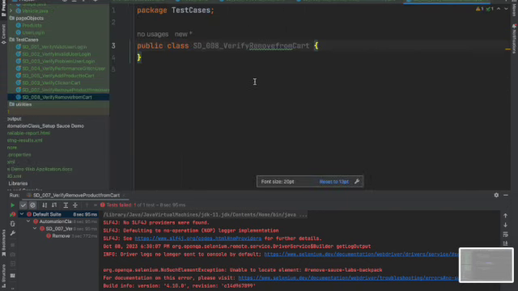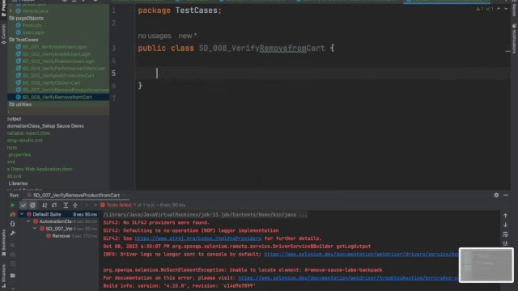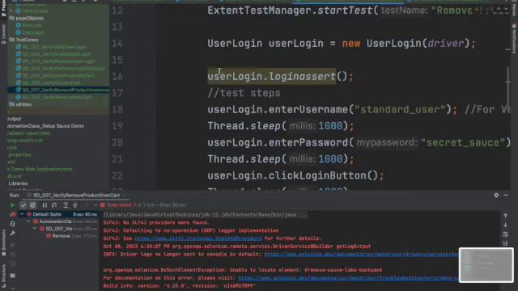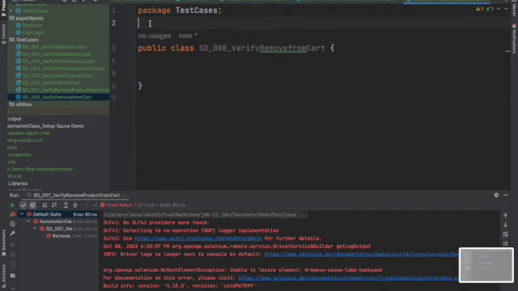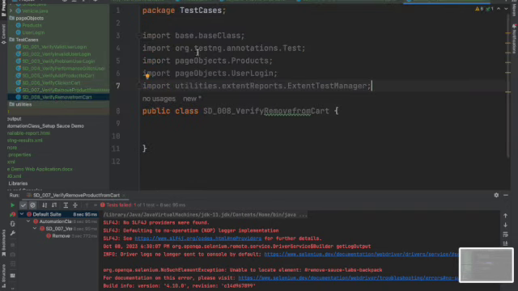So this is remove from cart on the cart page. So copy your import packages and libraries. I have imports. Alright, then extends from base class,